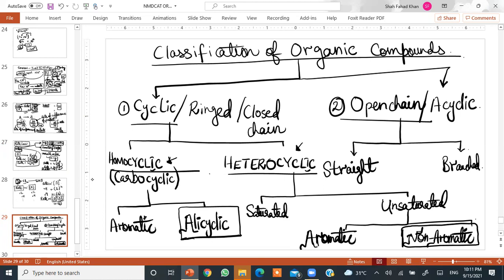Okay, you may have carbon, you may have nitrogen, you may have sulfur, you may have any other atom that you want. Okay, but at least two different types of atoms must be present in the ring in order to call it heterocyclic compound. Heterocyclic compounds may be all having only single bonds or double bonds. Okay, the heterocyclic compounds which do have double bonds, they may be aromatic or non-aromatic. Meaning, okay, how do we determine the aromaticity of heterocyclic compounds? Because you cannot have benzene ring in heterocyclic